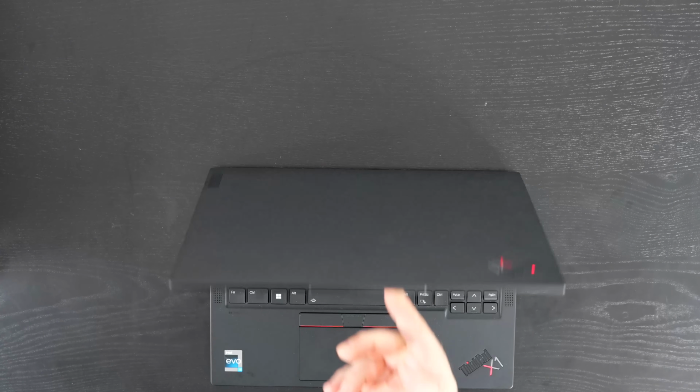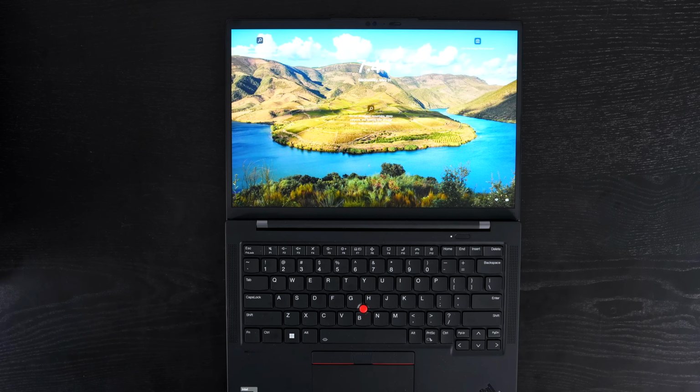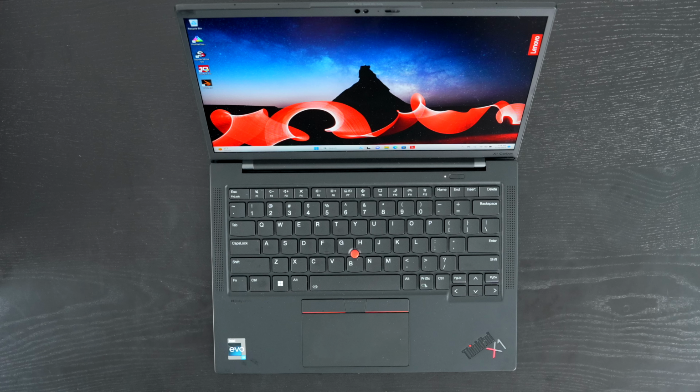Now, for those wondering, yes, you can open the lid with one finger and the screen goes back 180 degrees. So for those that want to have the perfect viewing angle each and every time, you have the option here, that's for sure. All right, let's talk about one of my favorite parts of the Carbon, and that would be